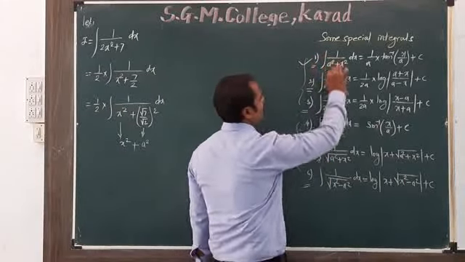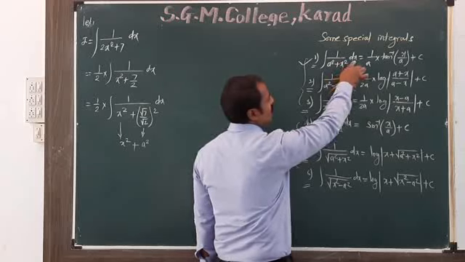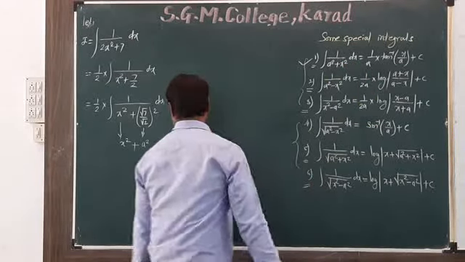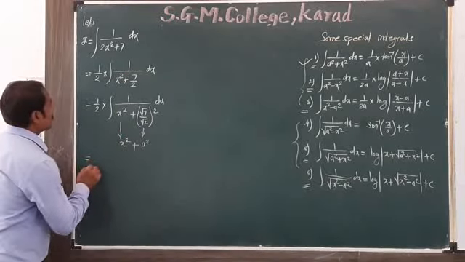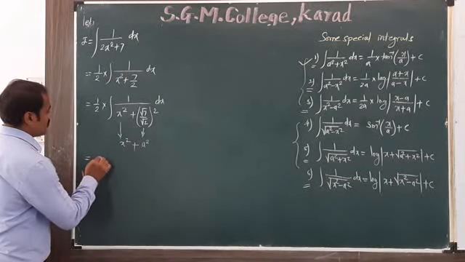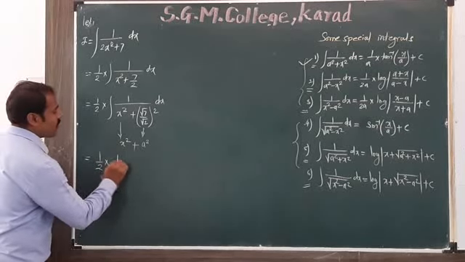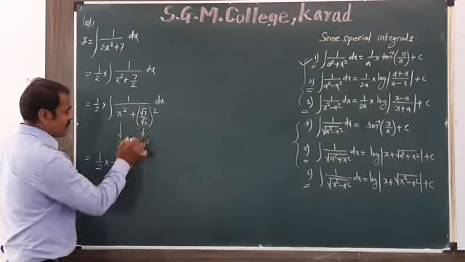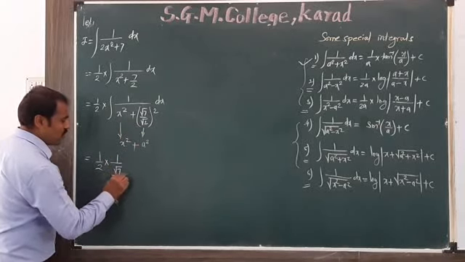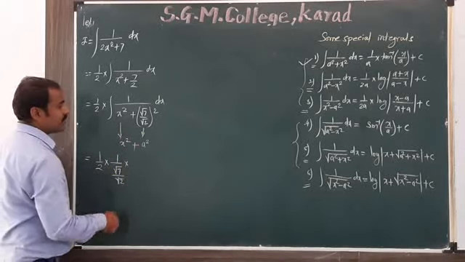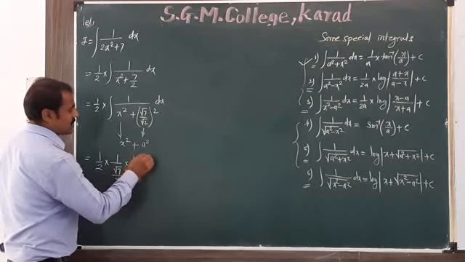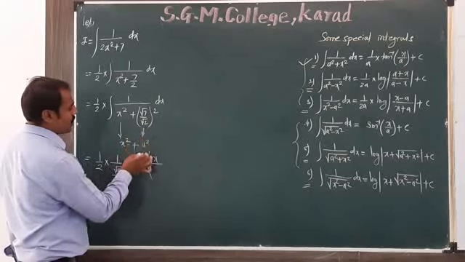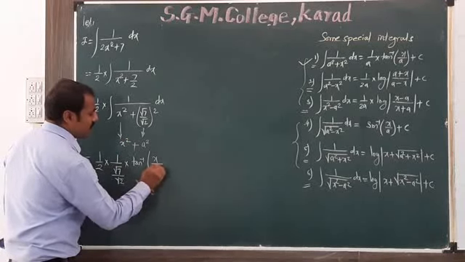So the formula is integration of 1 upon a square plus x square dx is equal to 1 upon a tan inverse of x upon a. So the integration becomes I is equal to 1 upon 2 into 1 upon a. What is the value of a? Root 7 divided by root 2, into tan inverse x. What is the value of x? It's x divided by a. A is what? Root 7 divided by root 2